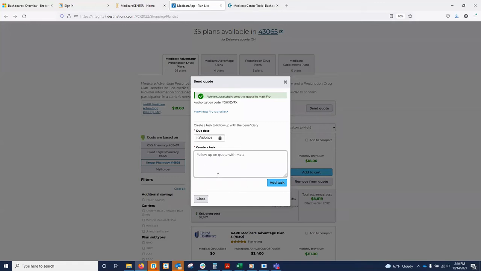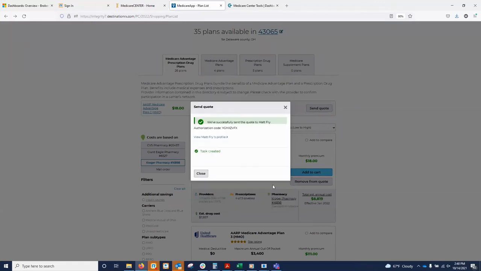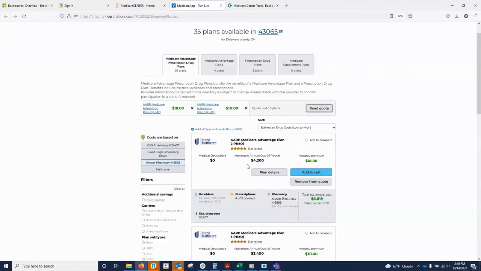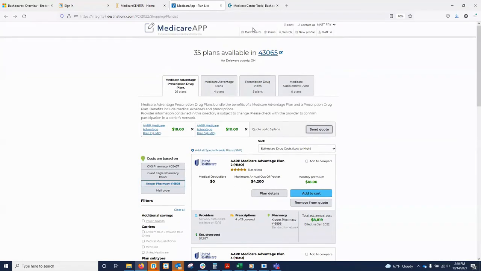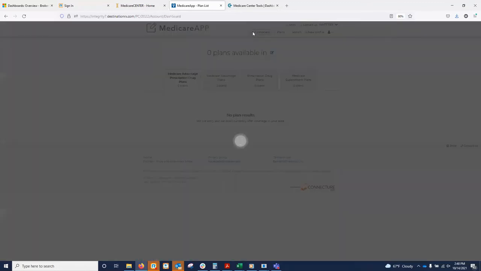And you don't have to do it, but if you do, you can add your notes. It's a free-form field. And if you click Add this task, you'll see that this task is created. Now, if we go back to our dashboard, this is where it'll track some of those tasks. So that task that I just created to follow up on that quote,